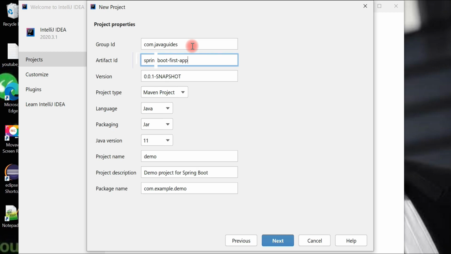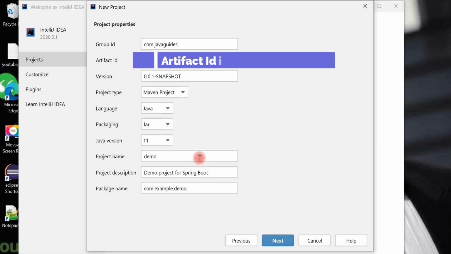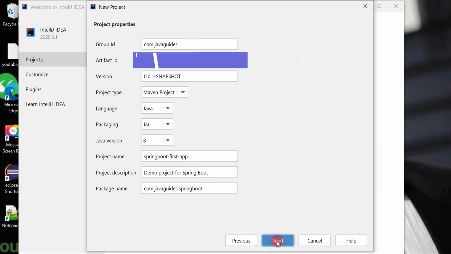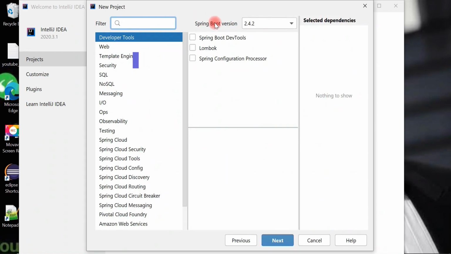So let's give this name, and artifact ID is same as project name, and choose language Java and project type Maven, packaging as jar, Java version choose 8, and here just change the package name com.java.springboot. So once you are happy with the details, click on next, and here we need to choose the Spring